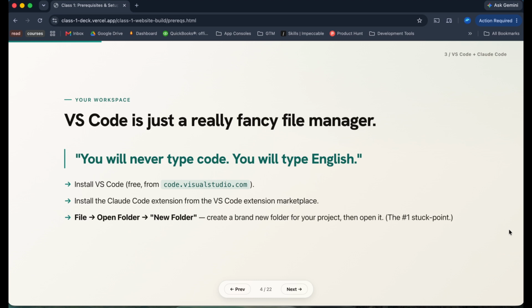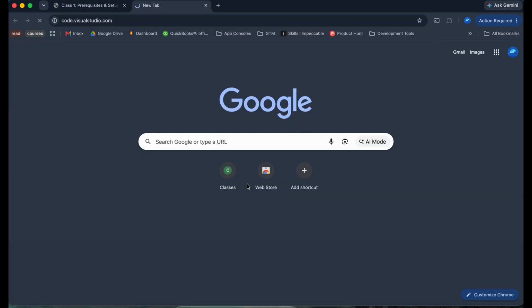It has a lot of really powerful functionality, but for our exact purposes, it's really just a file manager, like your Finder on Mac or your File Explorer in Windows. So think of it that way, and it's a lot easier to deal with. You can pretty much ignore everything else in it because we're really only going to use Claude Code. So what we want to do is download and install it. I'll do that right now.